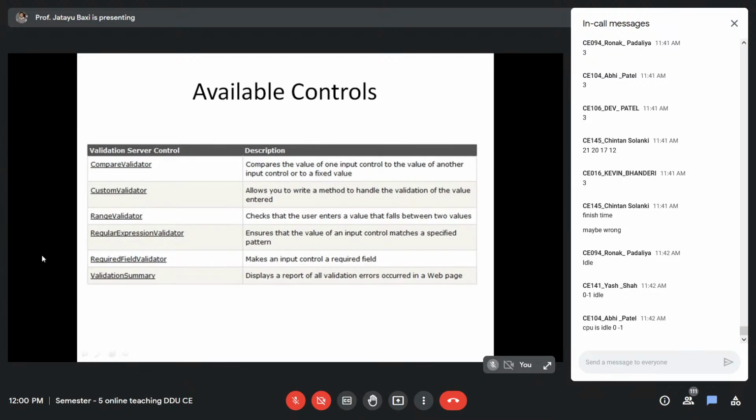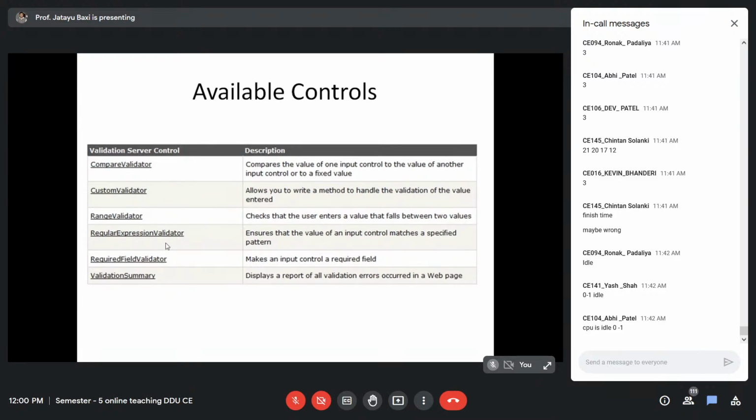Then you have regular expression validator. If you want to validate your input against some regular expression, like email ID, phone number, PIN code, Aadhaar number, all these validations are done using a regular expression validator.